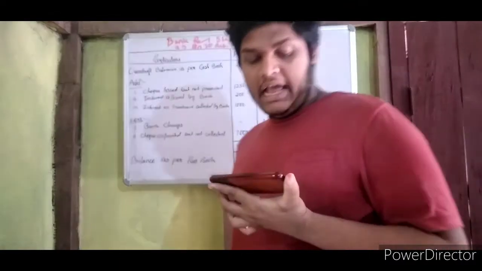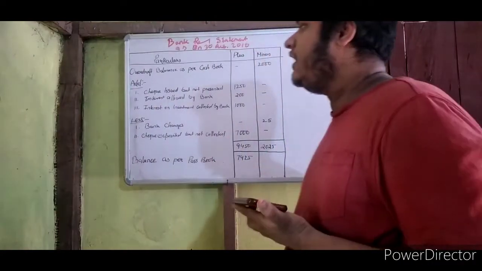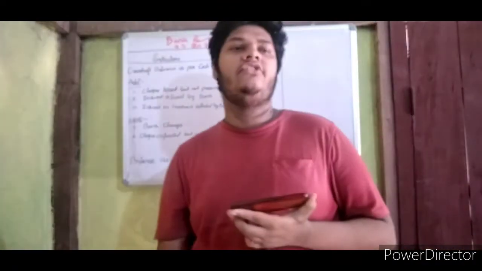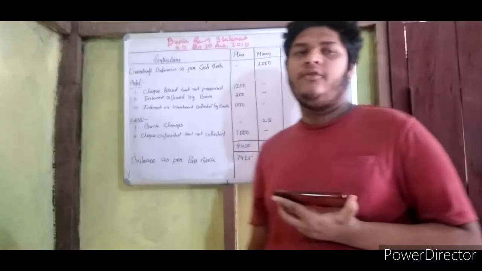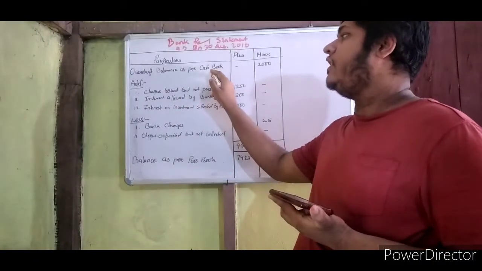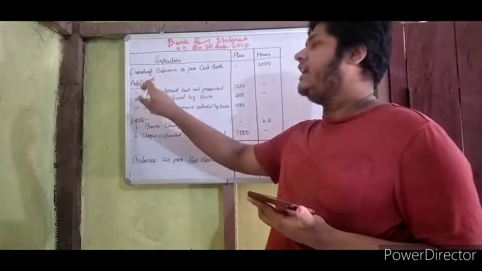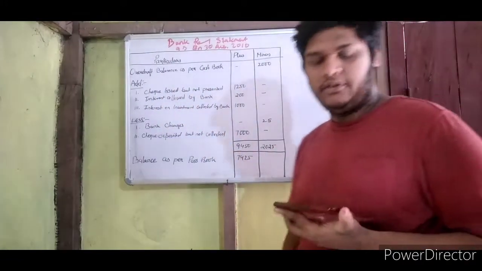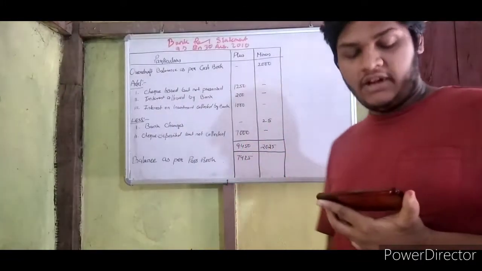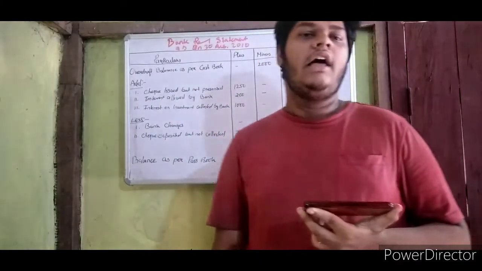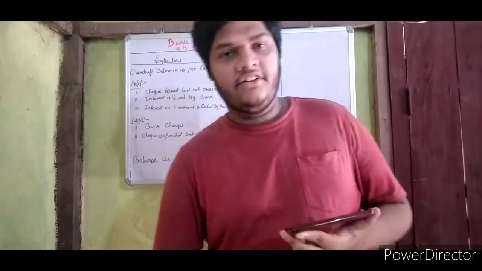Okay, now the entry is check issued but not presented. On the previous video also I shared the formula. According to that formula, it will come in the add column. Check issued but not presented, whenever it is cash book, the entry will come in the add column, that is check issued but not presented, rupees 1250. You know what the formula is, so no need to explain again. You can see my previous video to understand the formula, how to prepare the bank reconciliation statement.